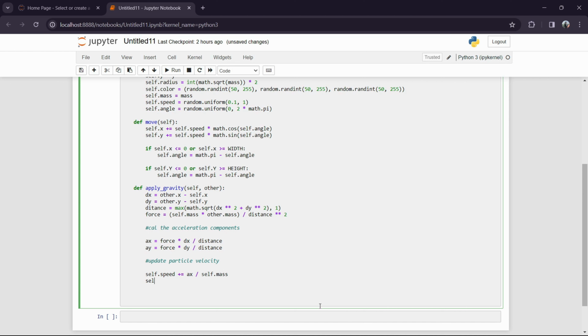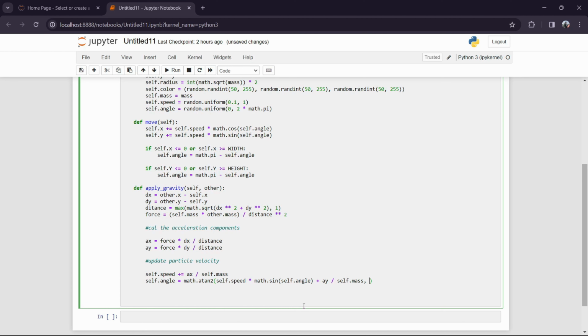Now the next thing will be self.angle = math.atan2(self.speed * math.sin(self.angle) + ay / self.mass,